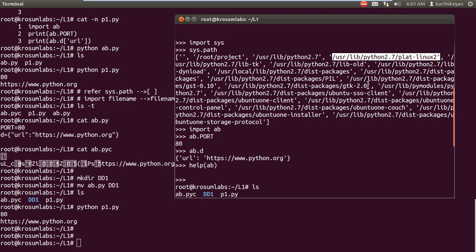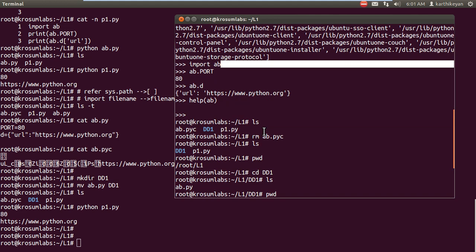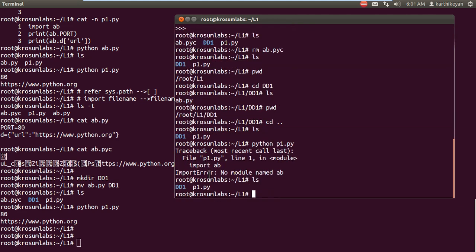If it is not located anywhere in this list, then we will get an exception message, an import error or module not found error. But in my system, my file is located in a different location. So how do we link or map an external file into a local script? How to map?